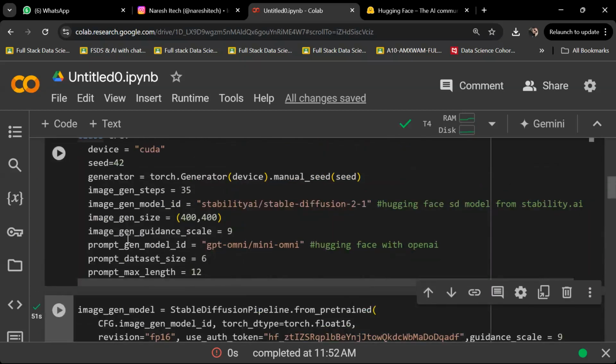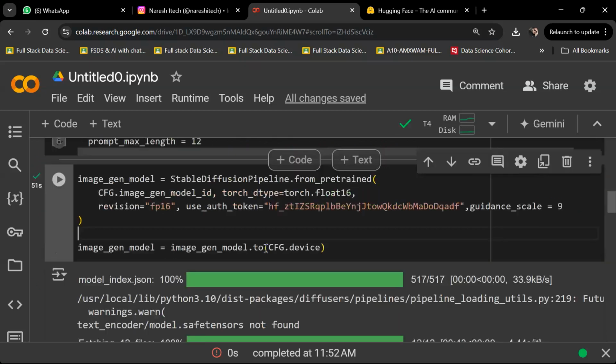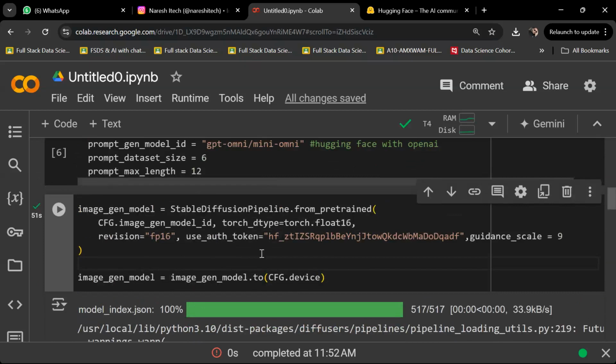No, I'm checking here. It's saying image gen steps. All right. Image gen model ID, image gen size, image gen guidance_scale 9, prompt gen model ID. Okay. Prompt dataset size, prompt max length. That's fine. So here, I think somewhere is a mistake while I define this model. Image gen model, all right. And StableDiffusionPipeline from